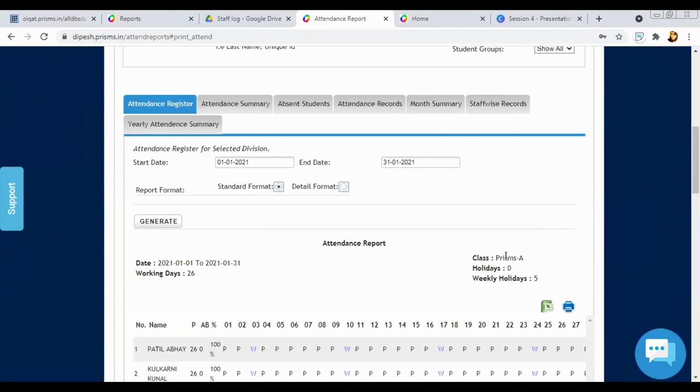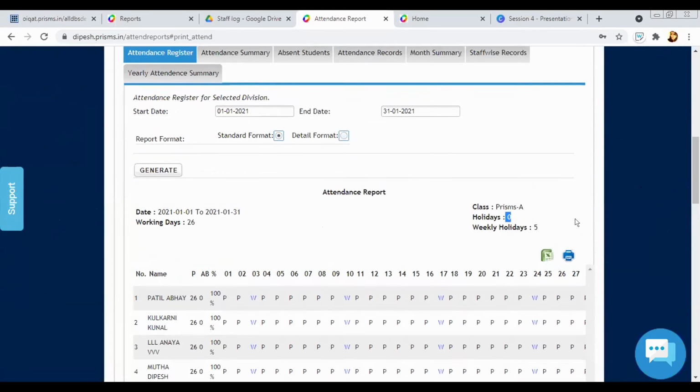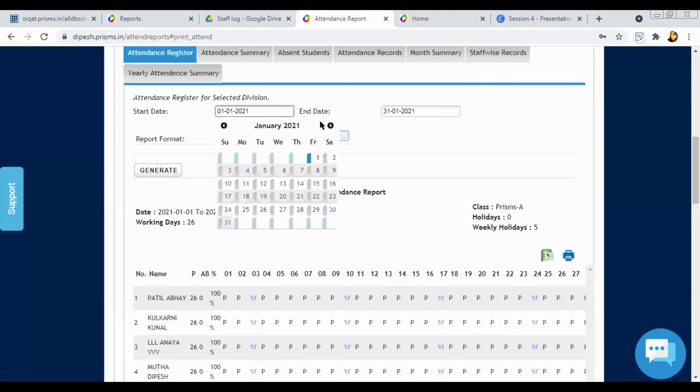If holidays are defined, they are automatically reduced from your working days, and then the percentage is calculated. Apart from Sunday, there are government holidays also. We can set the holidays. We have a holiday module where we define whatever holidays you have, and accordingly it is calculated automatically.